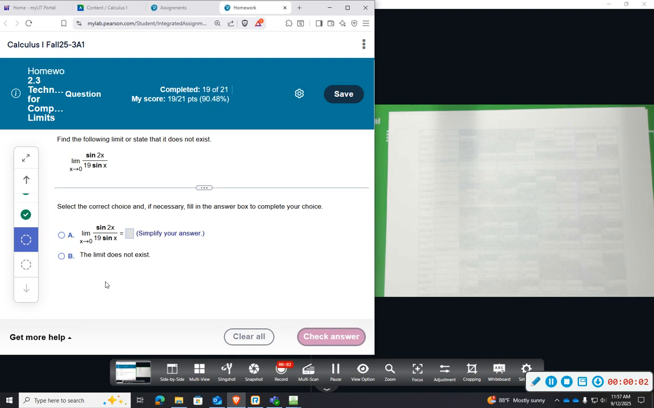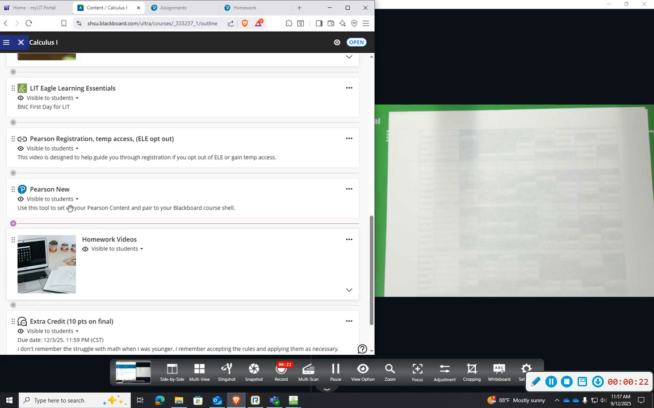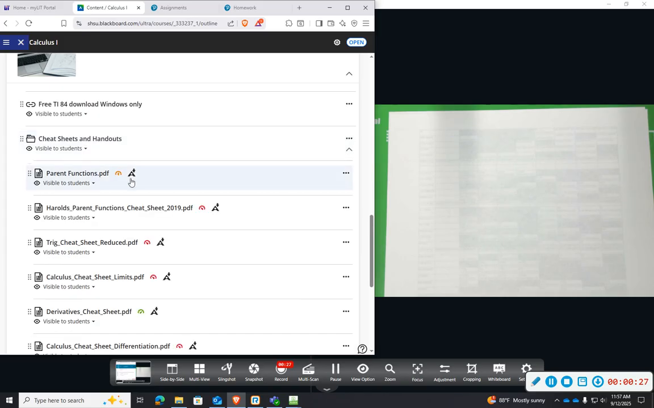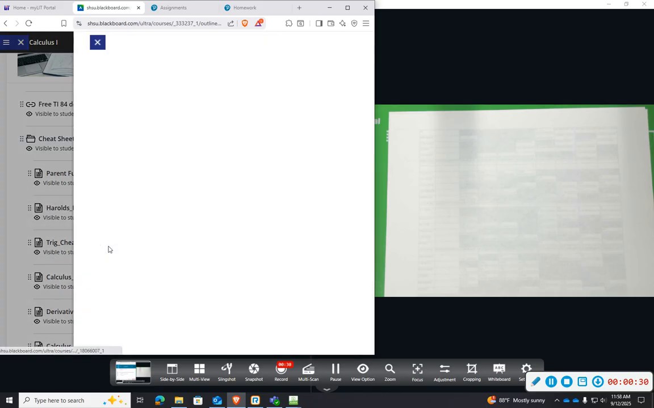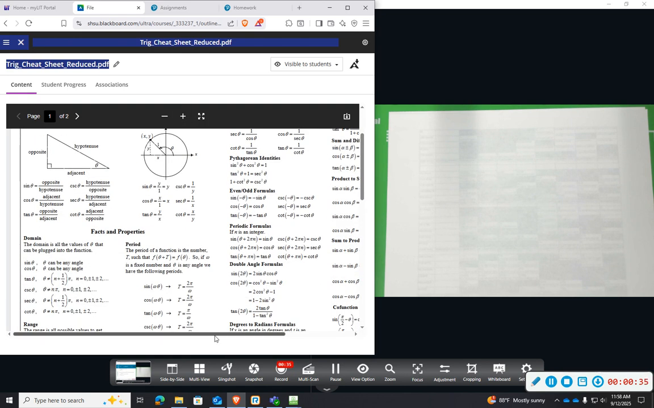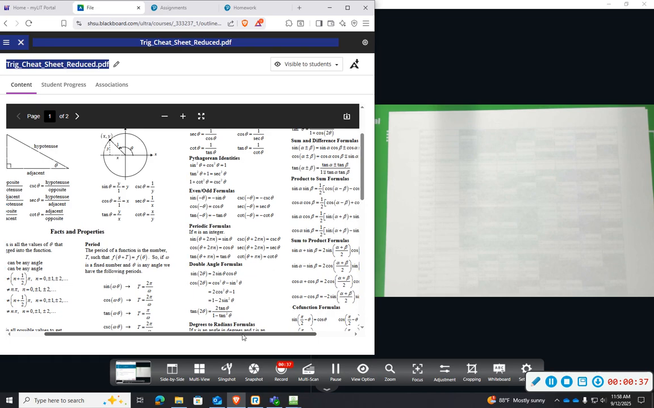All right, number 20, we want to find the limit of the trigonometric expression. And it looks like we will need to use a double angle formula to be able to solve this one so that we can divide out, because again, if we plug in x, we will get 0 as the denominator. So I'm going to go to our course and go into videos, and we're going to pull up our trig cheat sheet and handouts. And we are going to look for the double angle formula that would help us in